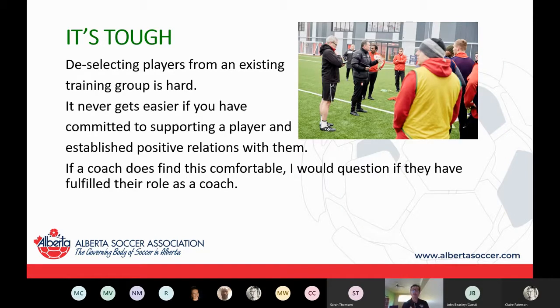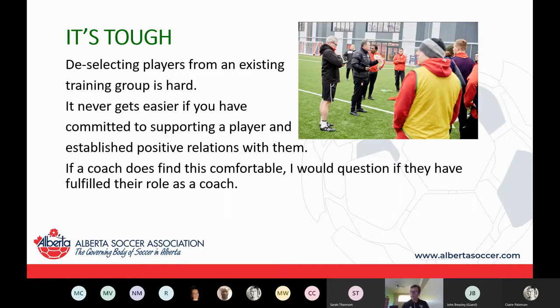Now, it's tough. Looking back over my career, there have been many times where the really tough days are those where, and I do it here at the soccer centre in Calgary, I call the parents and the children in to tell them I'm deselecting them. Sometimes I'm working with these kids for 10-week sessions and you build a relationship with these children. If you're doing your job properly, you really care for the players, and then you're going to break off maybe their